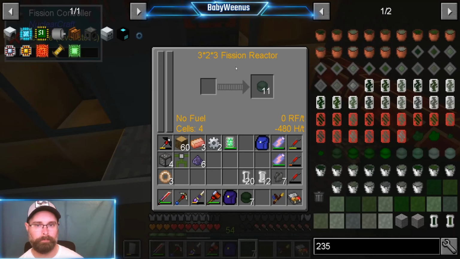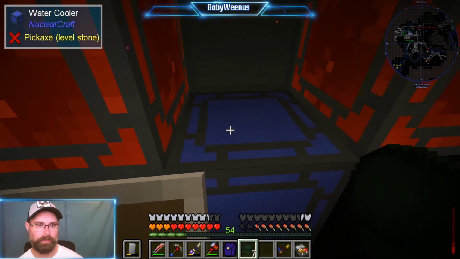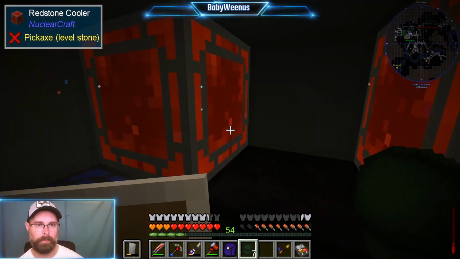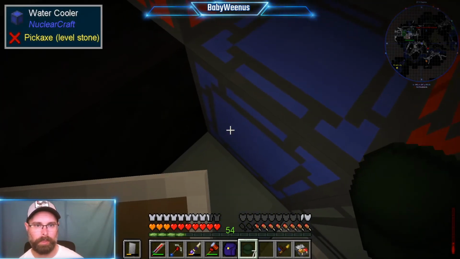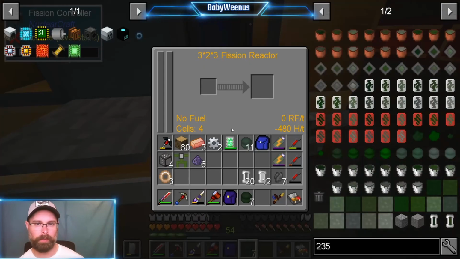It's pretty cool. And then we'll take out these depleted cells, and we're going to put these ones in a second, but I want to go in there before I turn it on. So there's a door we can actually walk in, and you can see the setup here. I have reactor cells in the 4 corners on the bottom. I have a graphite block between them. Then I have redstone coolant in the 4 corners above the cells. And I have water coolant in between here that's connected to both of them. This is a great setup for this size reactor, because if you check this out,